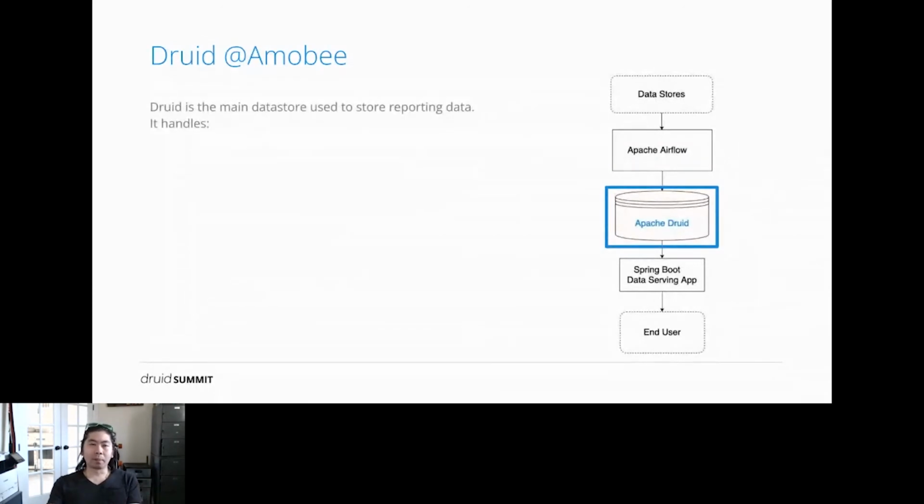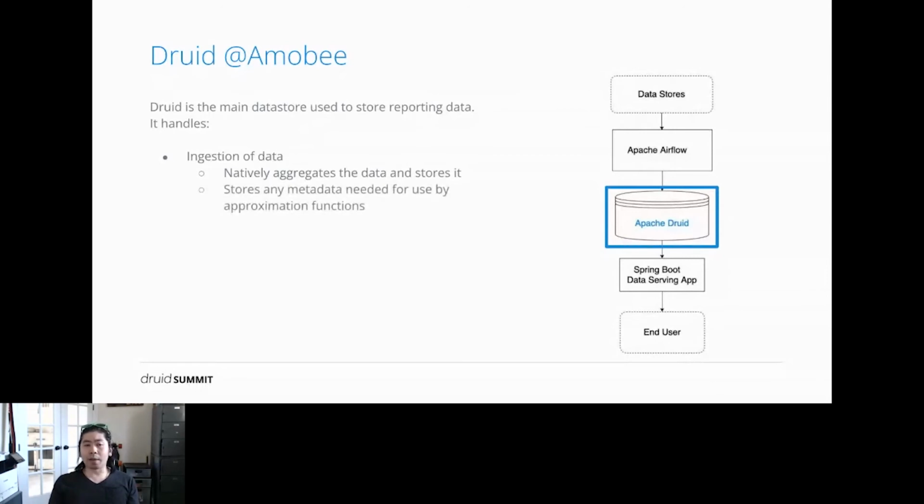I would say it's the backbone of our reporting system. It's our data store. It's used to ingest data into our system. For the most part, Druid in the ingestion spec has the option of specifying whether you want to roll up the data or not. For us, we're always rolling up the data. For our reporting use cases, we don't really need to look at data at the event level. We need to look at it at, let's say, an hour level. So we have Druid natively roll up that data to the hour level, and it does it perfectly.